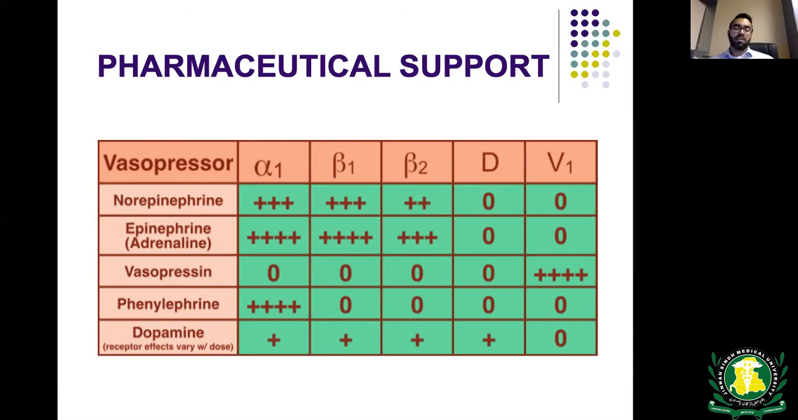Norepinephrine has both inotropic effect as well as vasoconstrictive effect. The difference between norepinephrine and epinephrine is that epinephrine has more of an inotropic effect on the heart, in addition to the vasoconstrictive effect that norepinephrine has. I think outside the cardiac world,